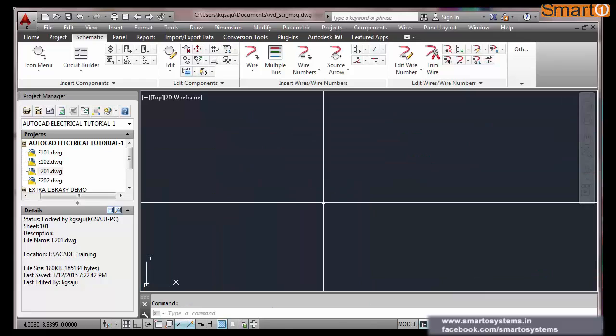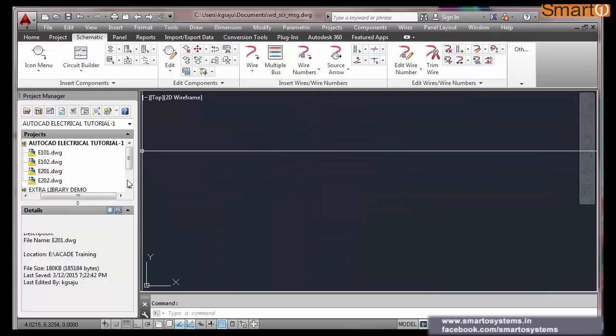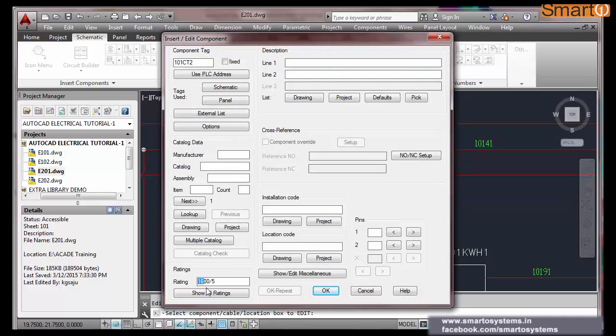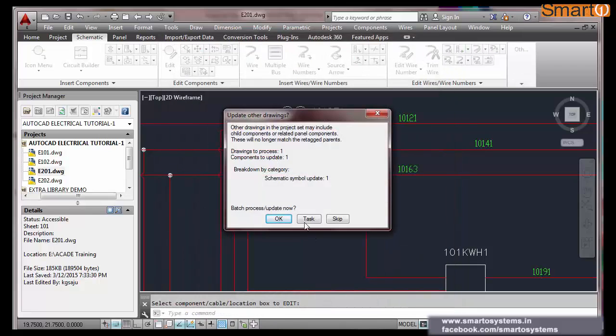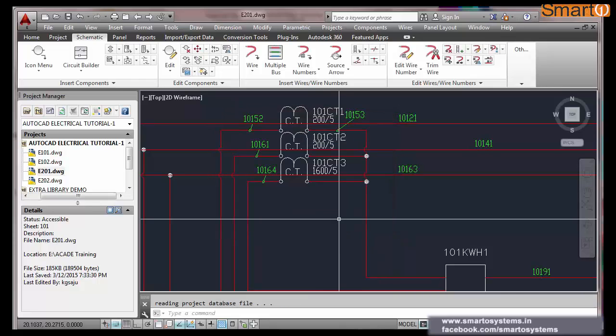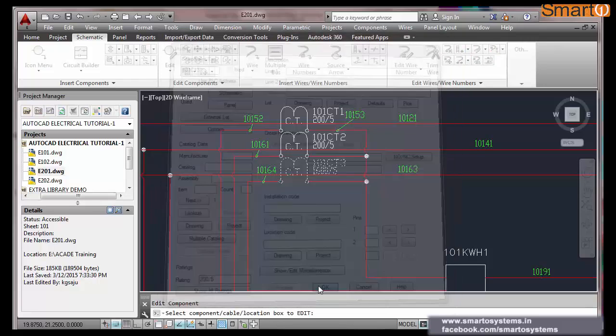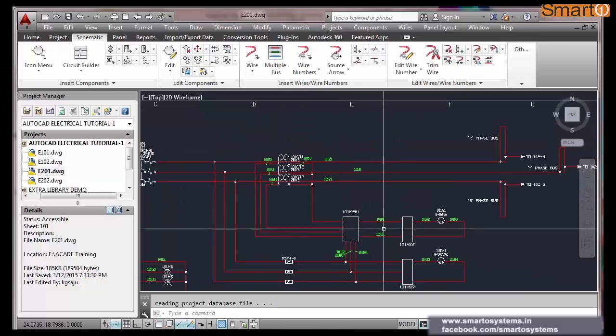It is updating the database. Again, if you want to change this, you can change it. See, other drawings in the project set may include child components. Do you want to update? If you know you have not used any child component, you can skip. 200, fine. I'm going to skip.